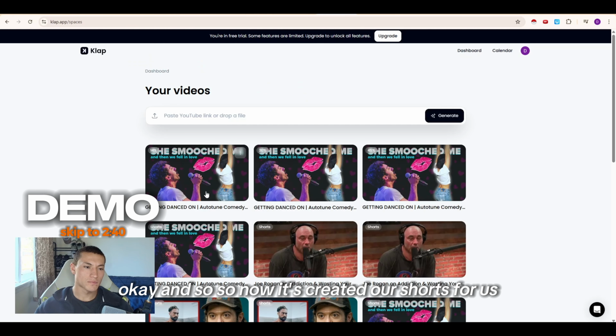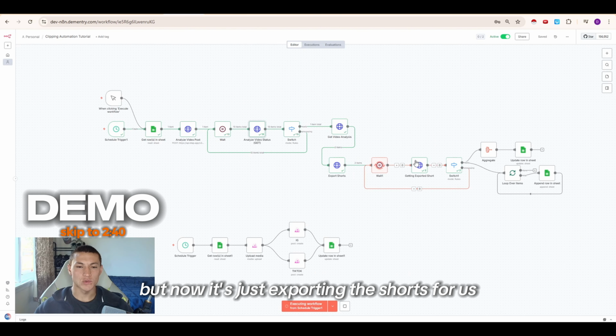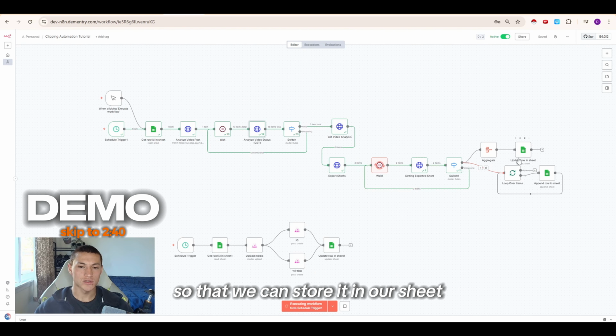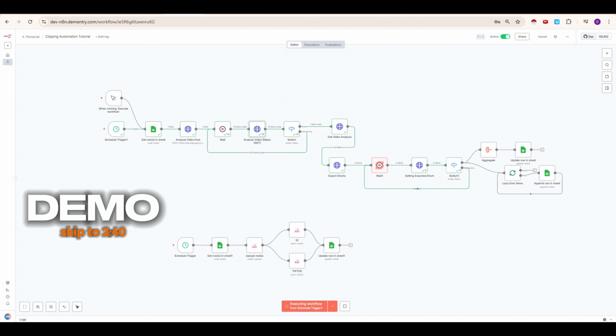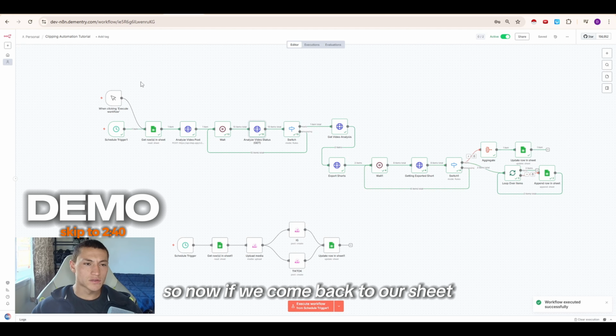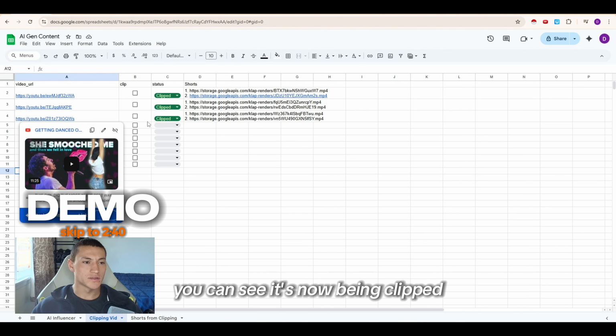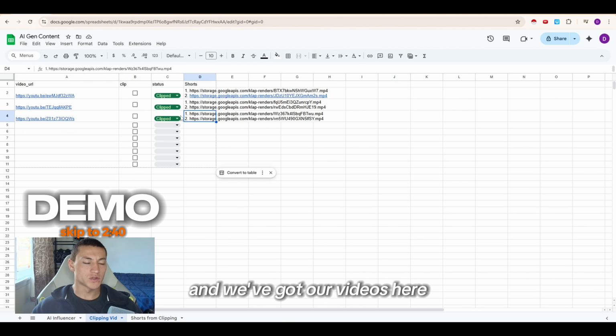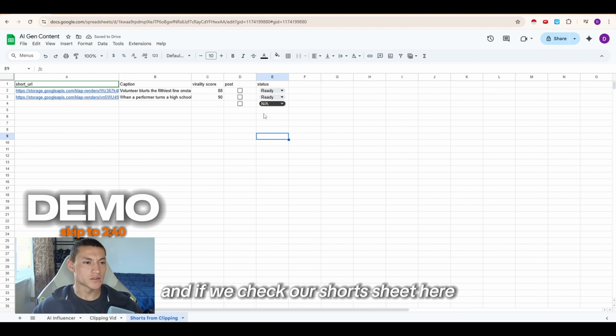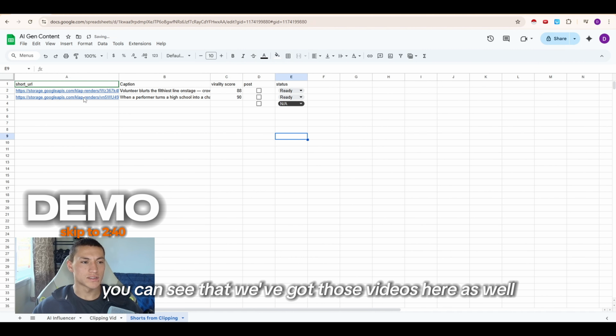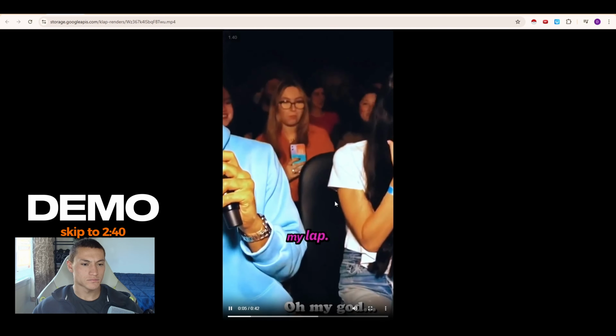Okay, and so now it's created our shorts for us, but now it's just exporting the shorts for us so that we can store it in our sheet. So let's wait for that to be ready. So now if we come back to our sheet, you can see it's now being clipped and we've got our videos here. And if we check our shorts sheet here, you can see that we've got those videos here as well. So if we check this one,